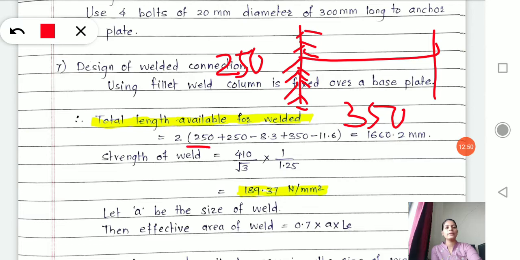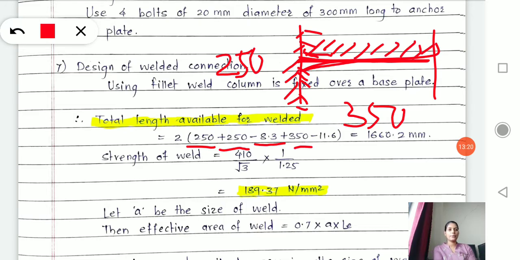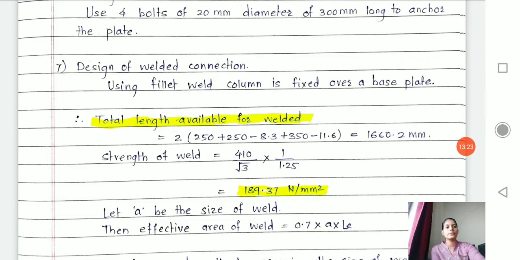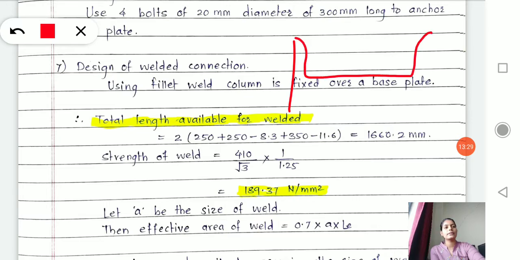So 250 plus 250 minus 8.5, the thickness of the web of your I section, that needs to be reduced because it is fixed like this. Okay, at this junction there will not be welding, therefore I subtracted or deducted that width, which is 8.3. Adding with that what? The length on this hand, that is 350 minus what? 11.6. Now what is 11.6? Look at over here. This is your actual section like this, correct?